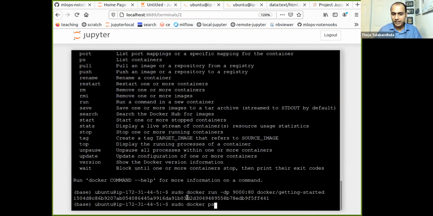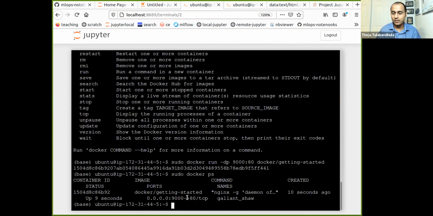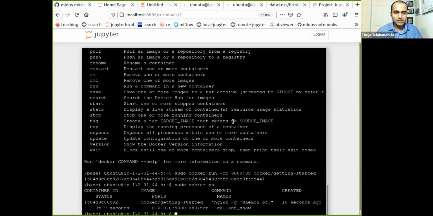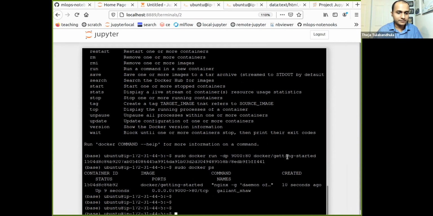We can again go to docker ps. PS just shows you what are the containers that are currently running or might have exited, and so on. So it says, hey, this is the container ID.